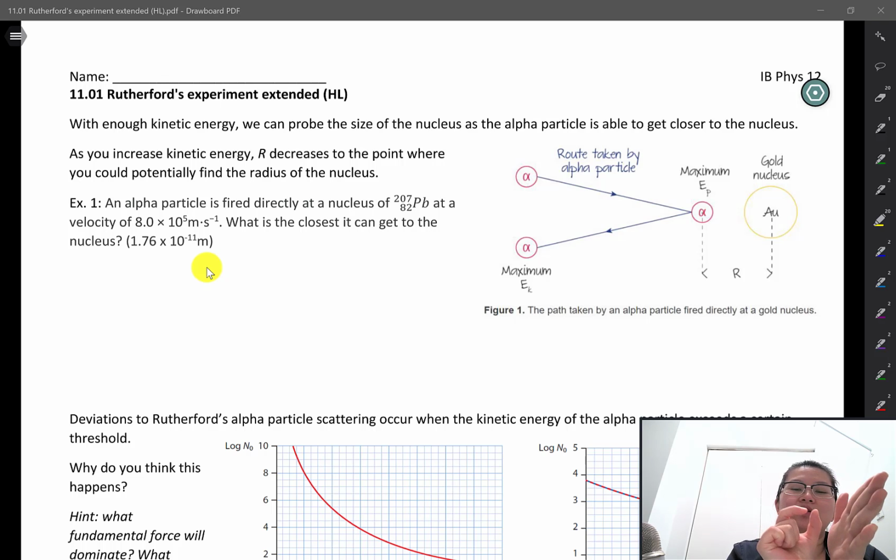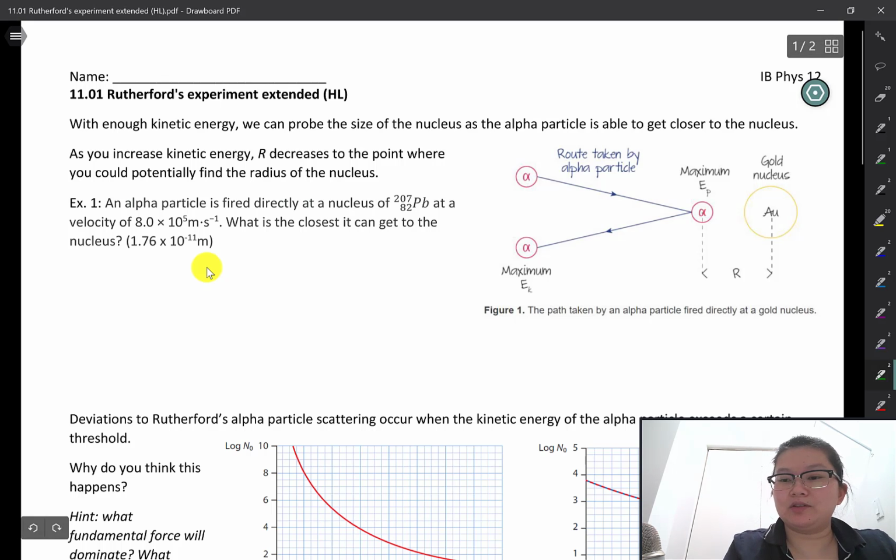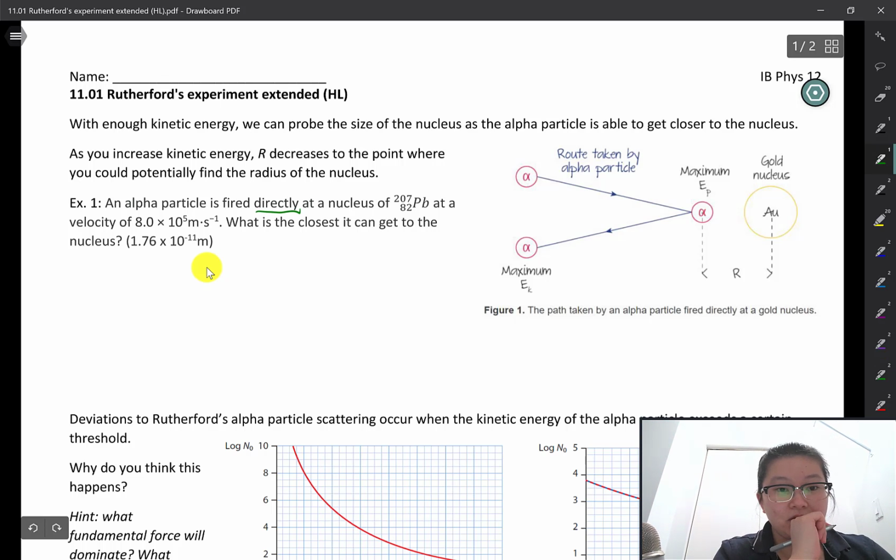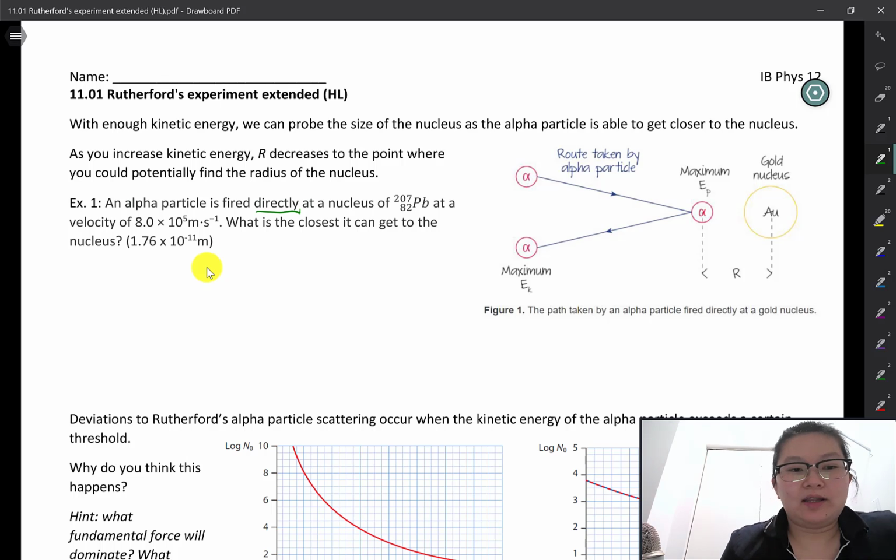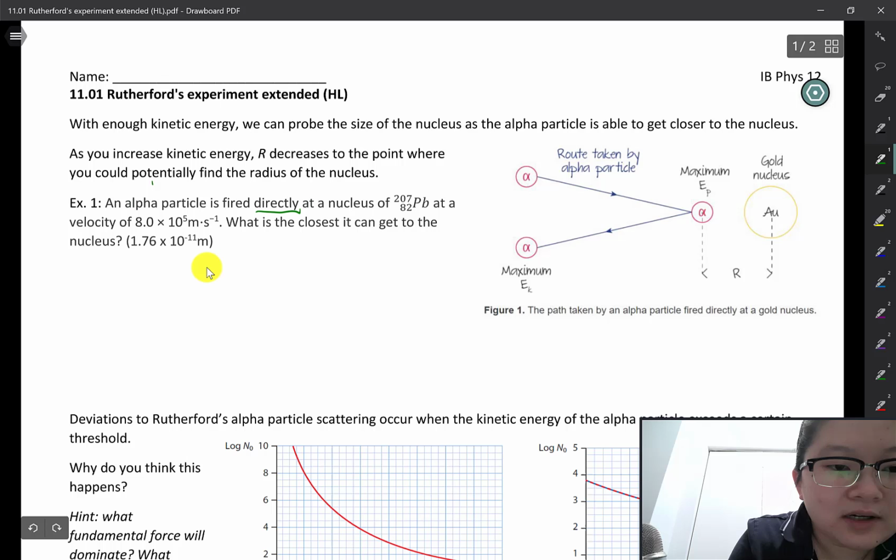Otherwise, any sort of offset from a direct collision is going to cause a scattering effect of that alpha particle. So I'm assuming this is fired directly at a nucleus. This part here is important, okay? So let's begin. Example 1: an alpha particle, which is essentially a helium nucleus,